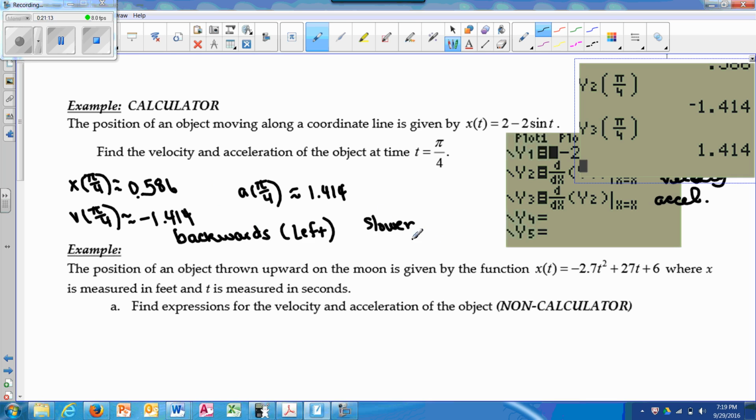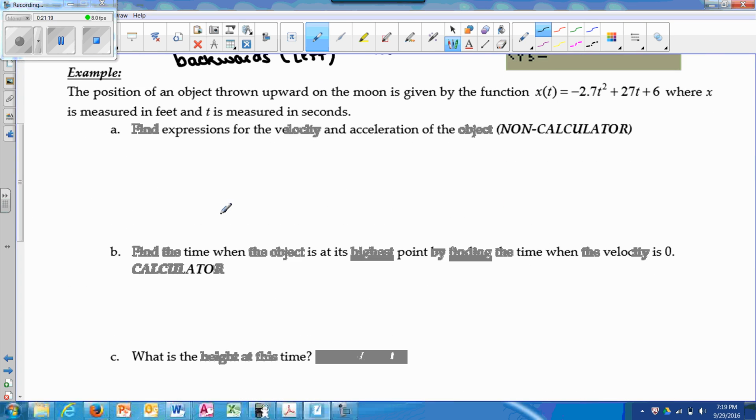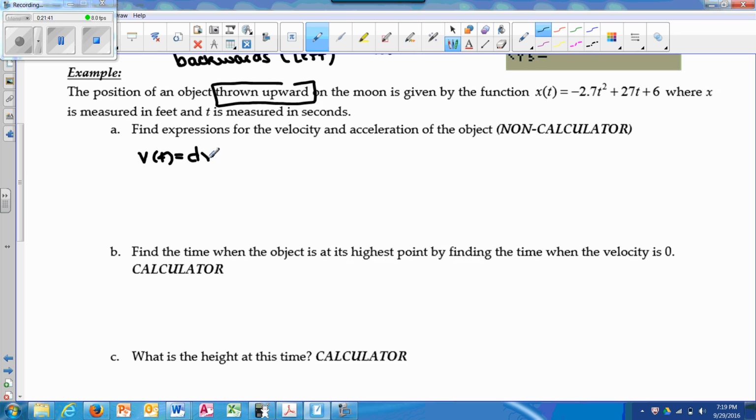Okay, so on my calculator, if I have a position that's 2 minus 2 sine x, and then I have the derivative of position, the derivative of position is velocity. I could then take the derivative of the derivative. So basically the second derivative